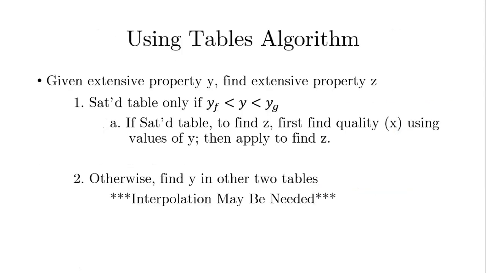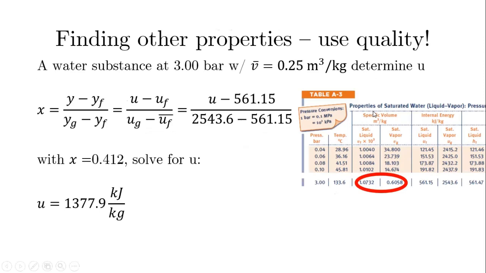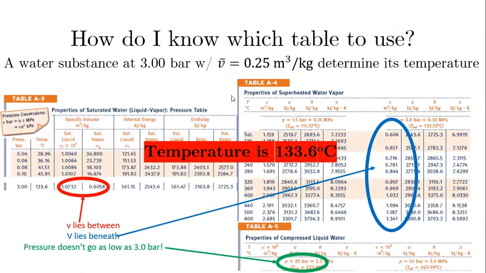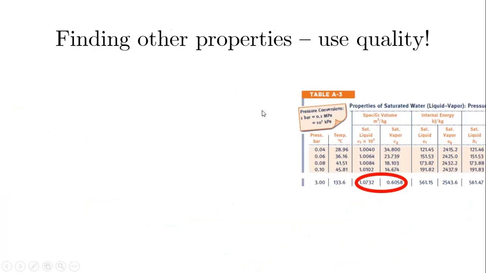So let's do some examples. Before I do it, let me just give you the algorithm. I'm going to give you some extensive property, Y. It could be V, it could be U, it could be H, or it could be S. I can give you any of those four values. We're not dealing with S yet, so don't worry about it, but we will eventually. So based on one of those values,